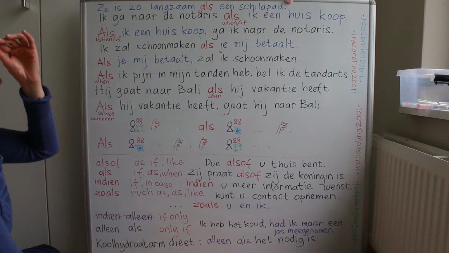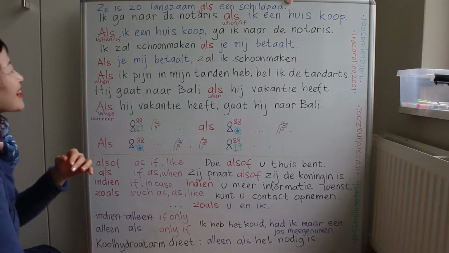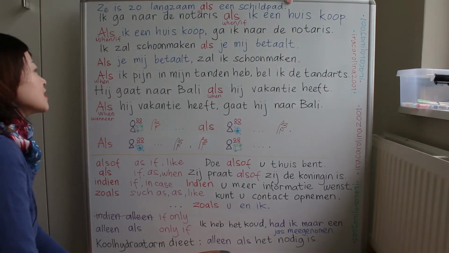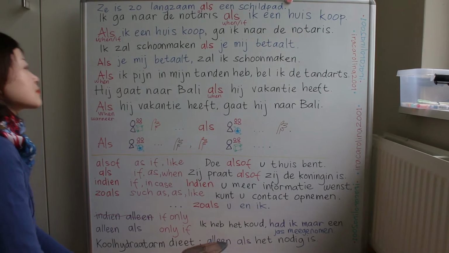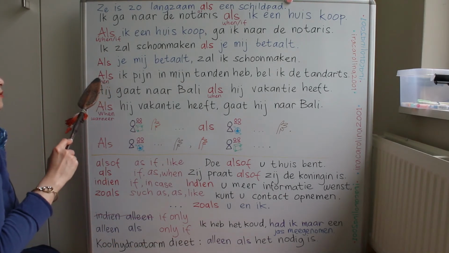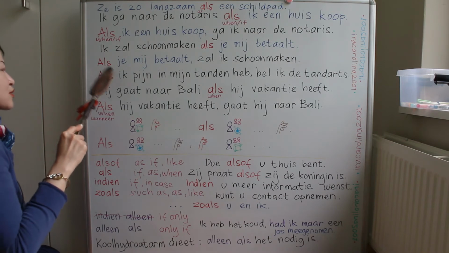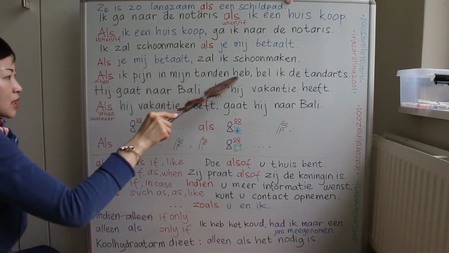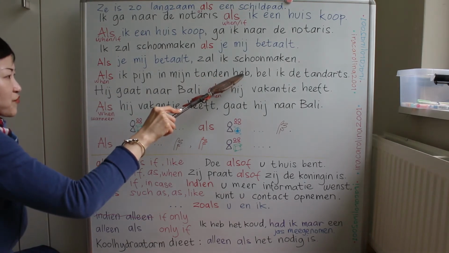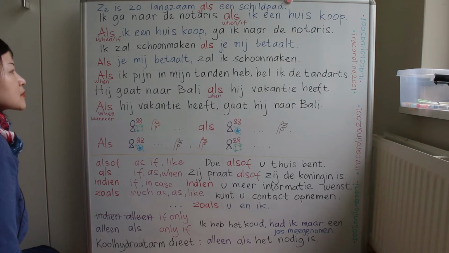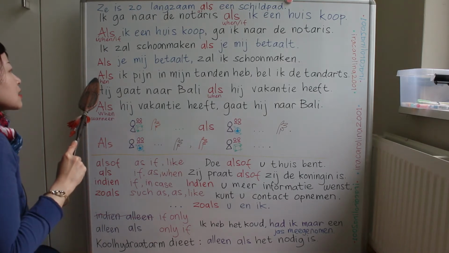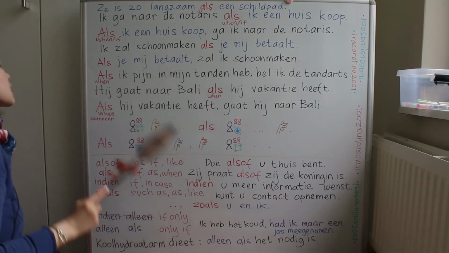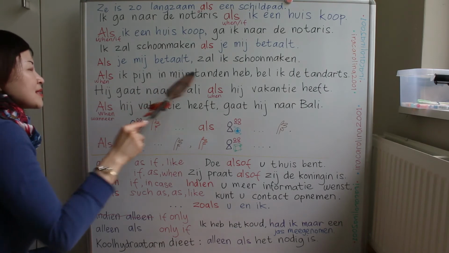When I have pain in my teeth, because we use the als first, so the verb here, yeah, have. When I pain in my teeth have. Als ik pijn in mijn tanden heb,